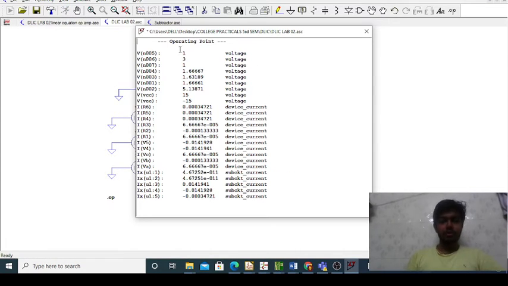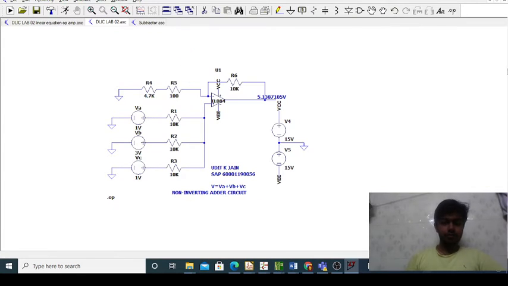Here we have got operating point values through TL084. Here we have got the value 5.13871005. So we have obtained the practical values using all the three op amps which we had taken into consideration for the non-inverting adder circuit. Now we will move towards the subtractor circuit.